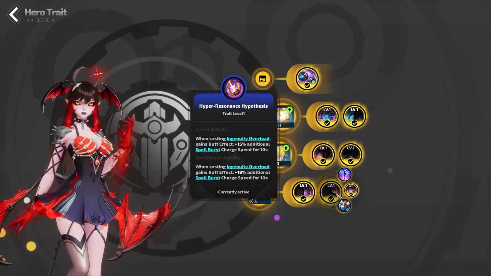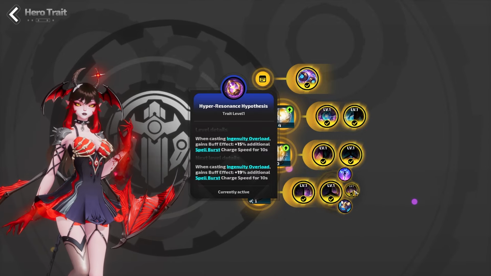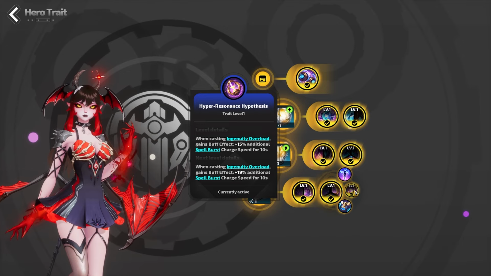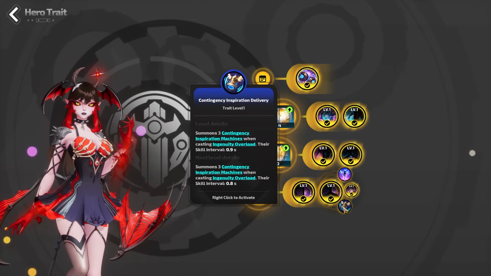For your last choice node, you actually do have a choice here on what you want. Personally, I recommend to pick up Hyper Resonance Hypothesis. It just makes your spell burst charge a lot faster, so it's going to feel better for clear. But if you are fighting bosses, or if you're doing Traveler, or if you just want more single target damage,